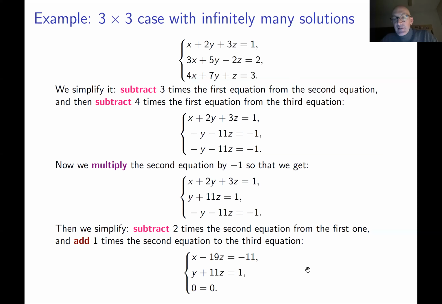Now we see that we can take z to be anything. You can put z to be any number, and then once z is fixed, you uniquely determine x and y from the first two equations. So you solve the system of equations, but now your solution depends on a parameter, which is z in this case. When you vary this parameter, you obtain infinitely many solutions. This is a very typical situation.